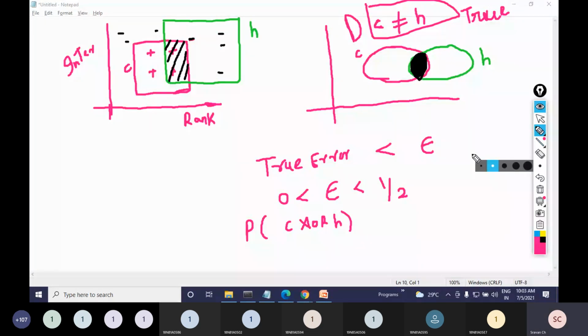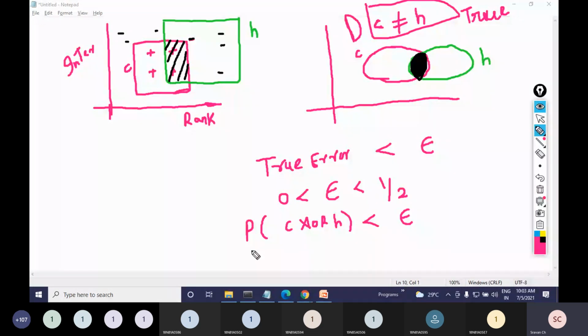This region is our error. That error portion or error region is represented by C XOR H. So probability of C XOR H must be less than or equal to epsilon. This is what PAC learning says, right? And of course the number of errors must be less than or equal to epsilon, and there